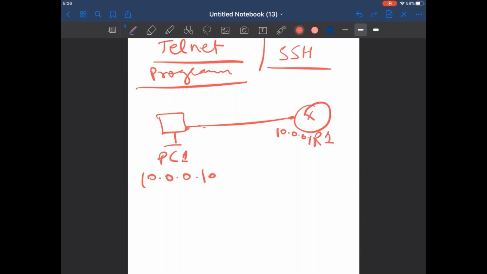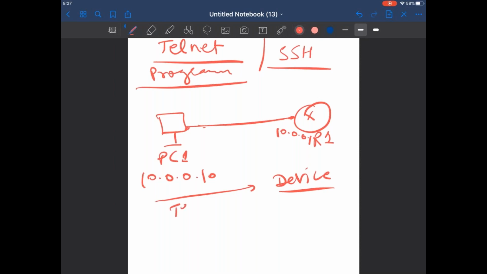So this is an application layer protocol, and it is used to remotely access any device.